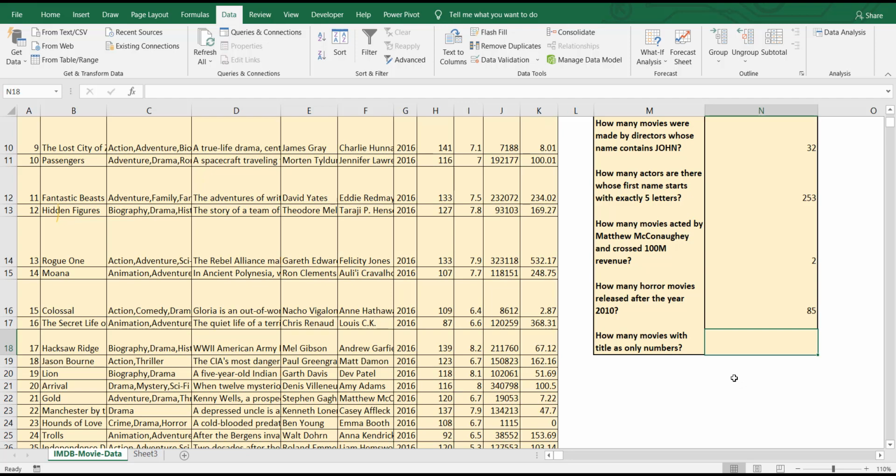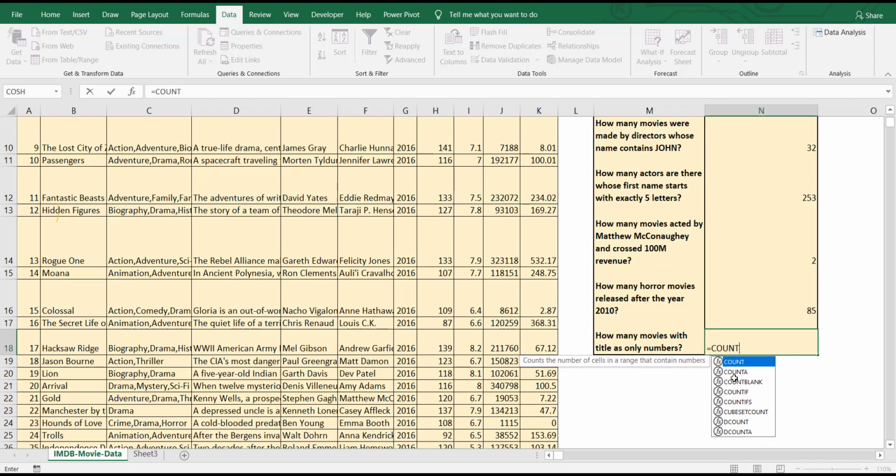In the same way, there may be a few movie titles which have only numbers as title. There is no text. So if you want to search only numbers, what is the function that we discussed in topic 1 in our last video? Count function, right? Count function will only count numbers.